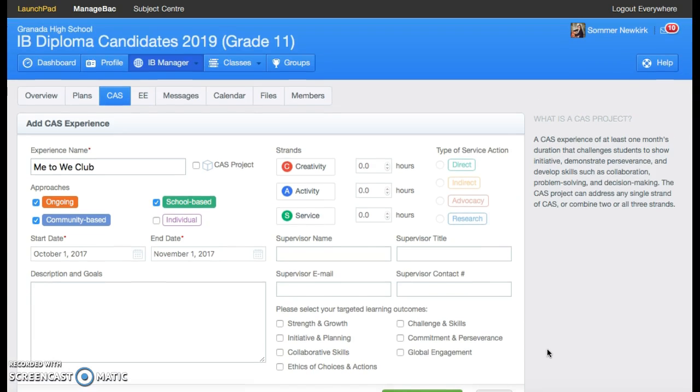And then you can put in the pre-plan portion of it. That's why, like, if we're doing the whole month of October, let's say we're trying to get October ready, you put in what targeted learning outcomes, challenge, commitment, let's say collaborative, initiative, and planning. So you mark it and it would go into your file, and then that's where I can see what you've been doing and approve it, okay? So make sure you're doing that.